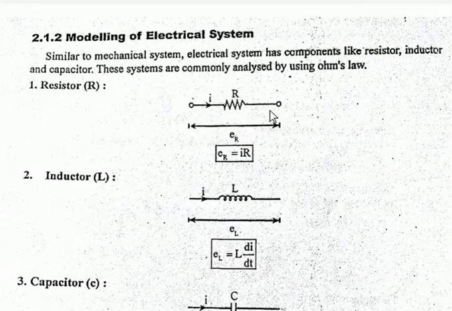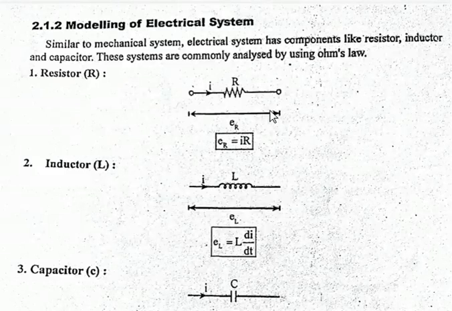modeling of electrical system. In the mechanical system we have three components. What are those? Mass, spring and damper. Likewise, here also we have three components. What are those? Resistor, inductor and capacitor. So this is the modeling of electrical system. Similar to the mechanical system, the electrical system has components like resistor, inductor and capacitor. These systems are commonly analyzed by using Ohm's law,